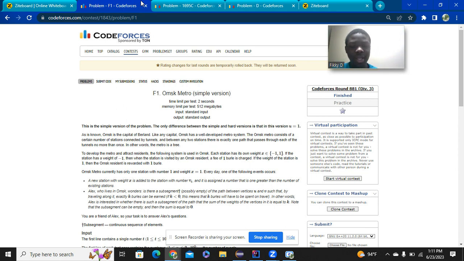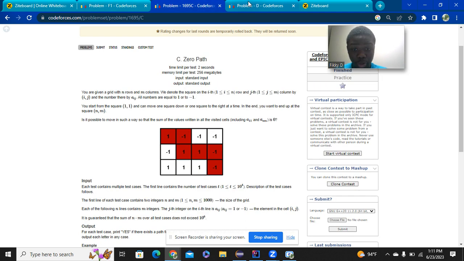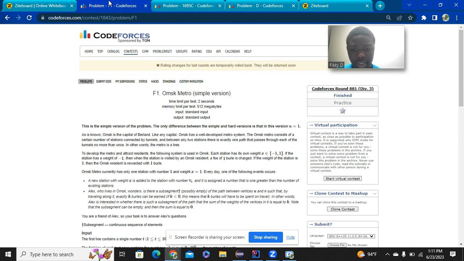And the whole idea here is if you have a function in which it goes up by ones and negative ones, then we can say that function is continuous for all integers. And I'll explain more. I'm not going to explain all these problems. I'll put all these problems in the link in the description, and you guys can read it.